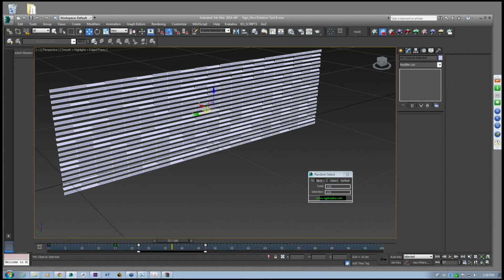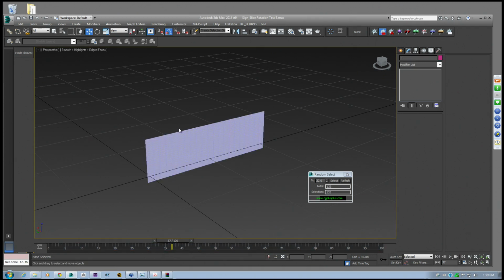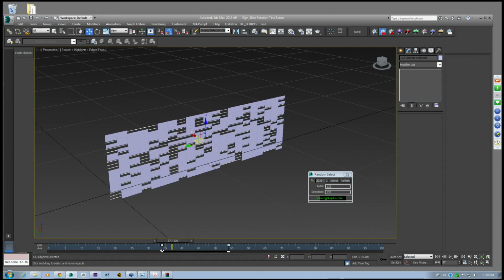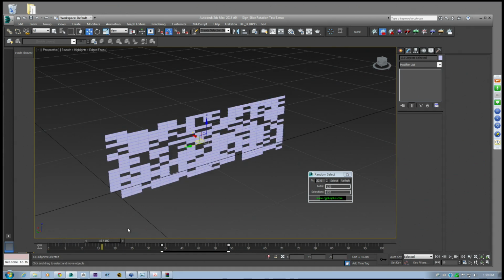Let's move these guys, the ones we had selected, back. Random select. And then we can move things a bit more. And we did this for a few things. We did this for the